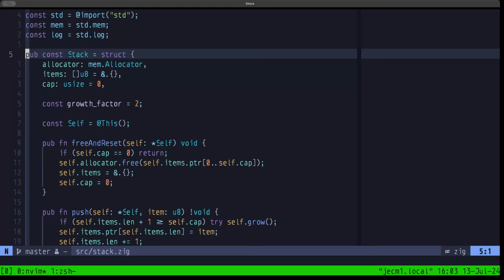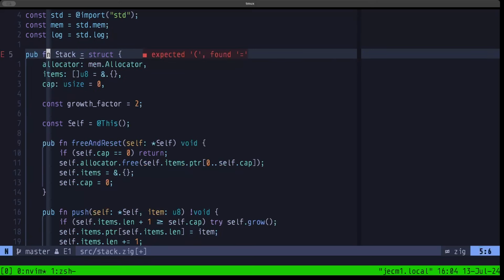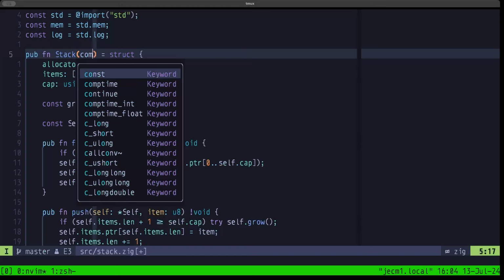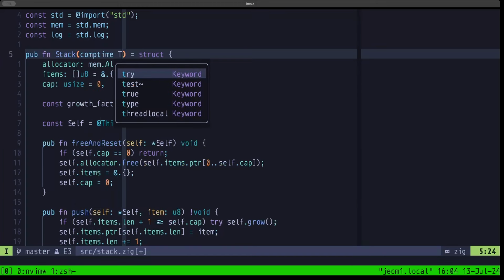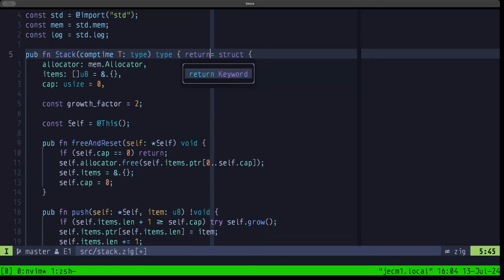What we're going to be doing here to make this generic, instead of this being directly a struct, let's instead turn this into a function, basically a type function. Here we're going to be receiving comp time T as a type, and this is going to be returning a type. And let's do here return struct,